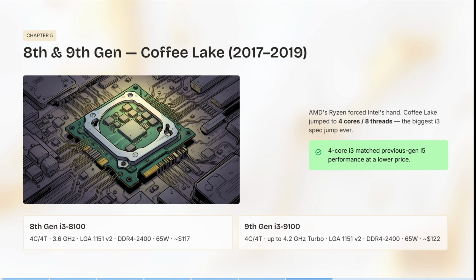8th Gen i3 8100: 4 cores, 4 threads, 3.6 GHz, LGA 1151 V2, DDR4, 65 watt, $117. 9th Gen i3 9100: